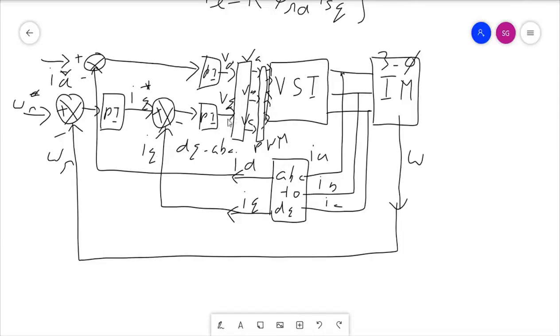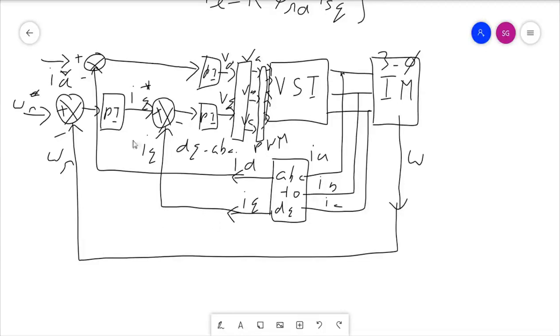to generate your VQ. And this ID reference signal will be constant because pi RD is constant. So ID reference signal will be a preset value, and your stator ID current will be controlled at this value. So this will generate your VD, direct axis voltage. So after doing DQ to ABC transformation, you will get VA, VB, and VC, the three phase reference voltages which you will use to generate the PWM signal for the inverter.